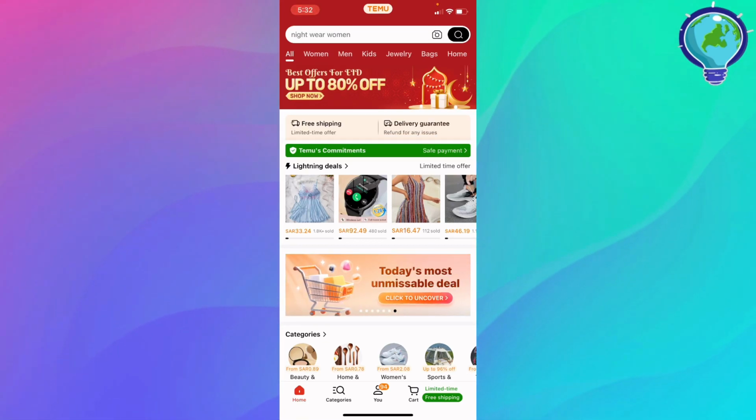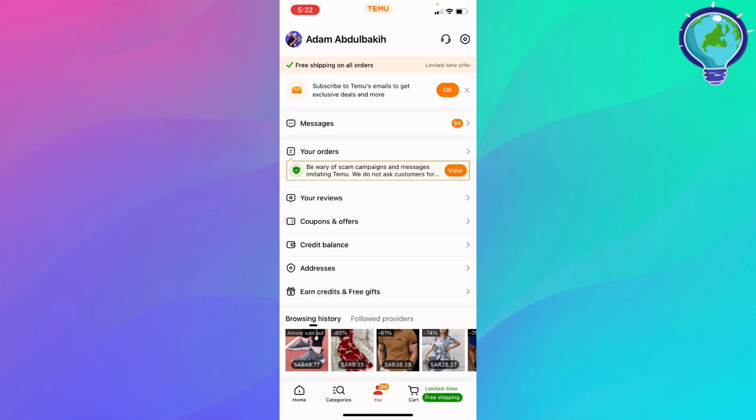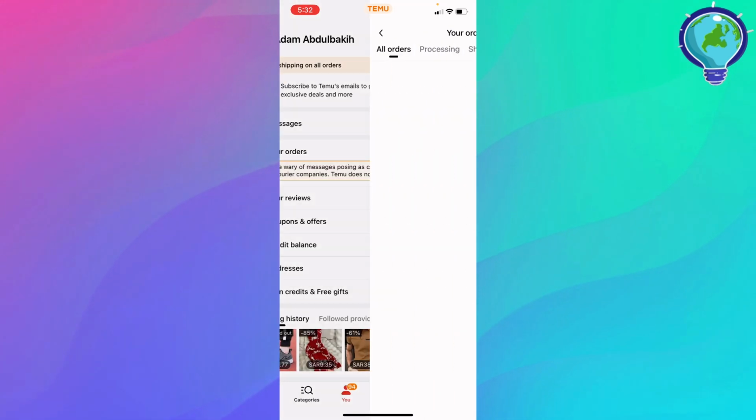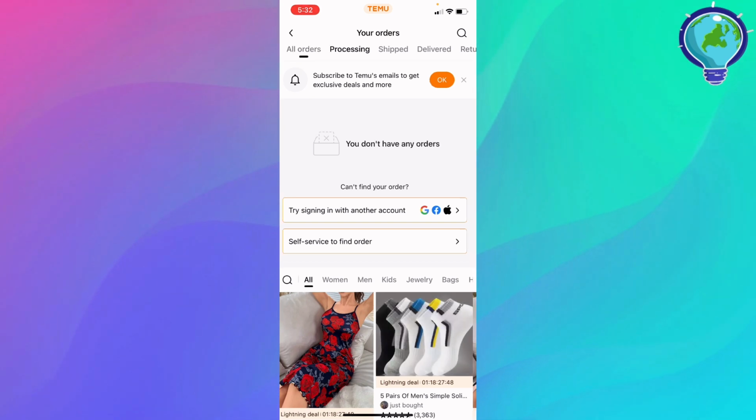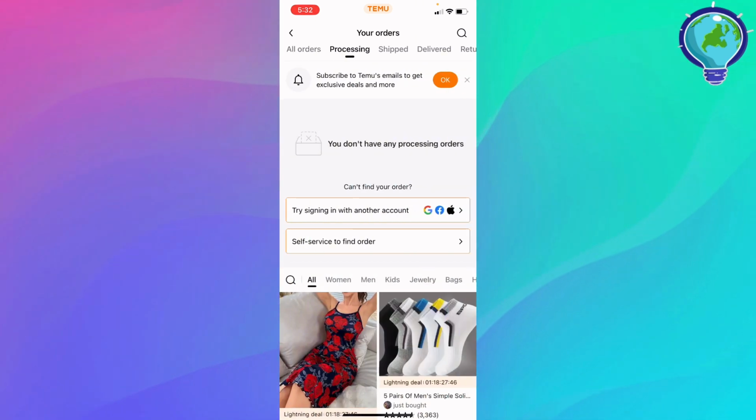My name is Adam. Today I'm going to show you how to cancel items on Temu. So basically what you're going to do, you're going to just go ahead and click on You to see your orders, and you're going to click right here on Your Orders, and then go to the Processing orders, right? So basically you're going to see the specific product, and you're going to just click Cancel or Other help,